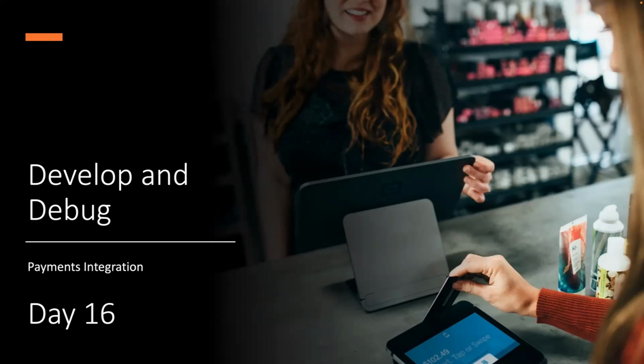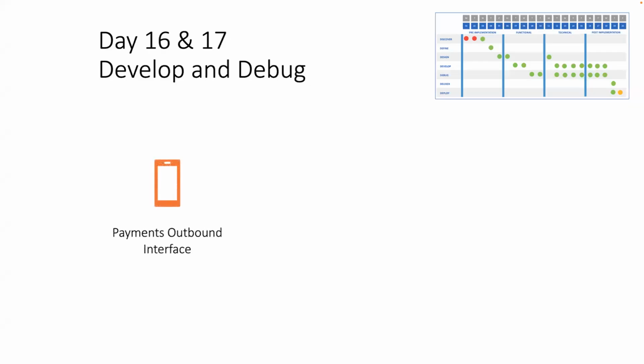And we're going to start off today by looking at payments integration. We are going to be looking through payments today and receipts tomorrow. Wednesday, we've got cash management. Thursday, Friday, we have